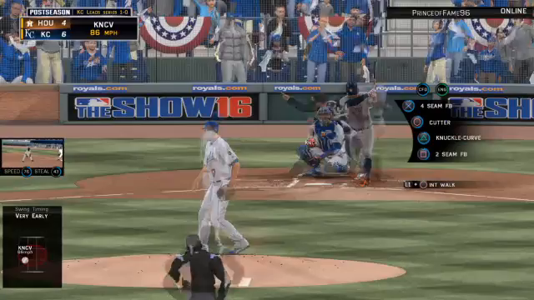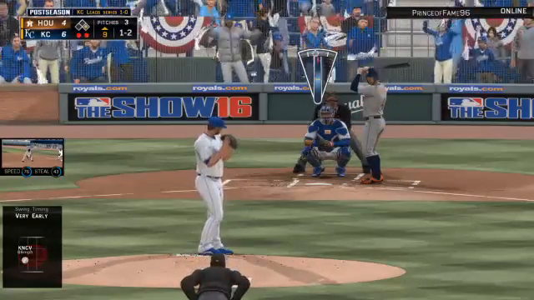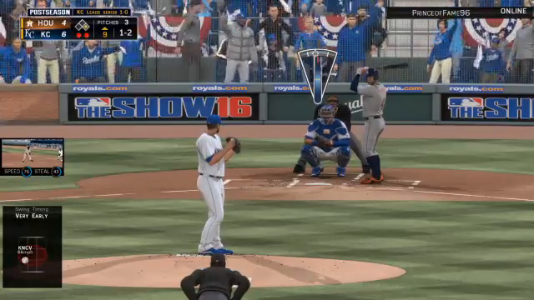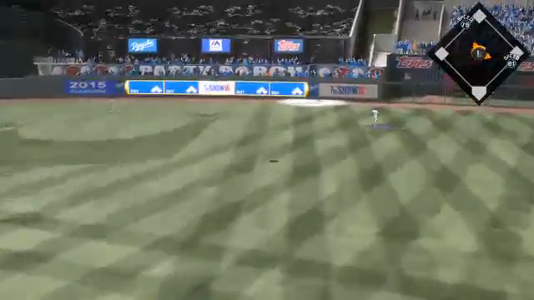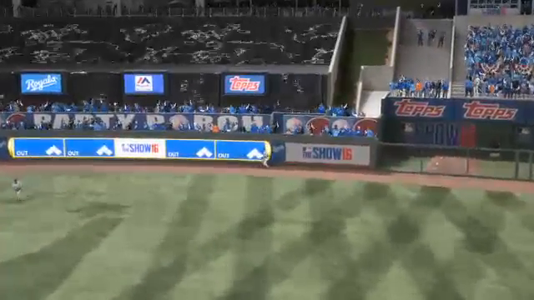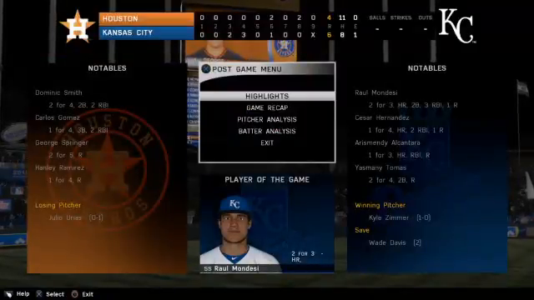Now here's a swing and a miss, and the Astros are down to their final strike now. Has them down to their final strike. Here it comes. High and deep to right center. Tomas going back on it at the track, and he tracks it down. And this ball game is over. And guys, if you're going to be successful